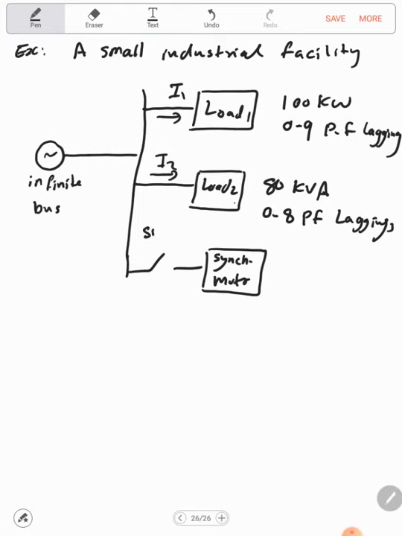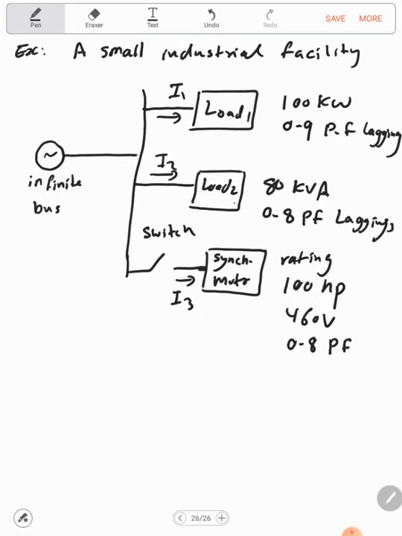And here we have a switch in which at any time we can connect the synchronous motor to the facility, and this will be the I3. The synchronous machine has a rating of 100 horsepower, 460 volt, 0.8 power factor leading,